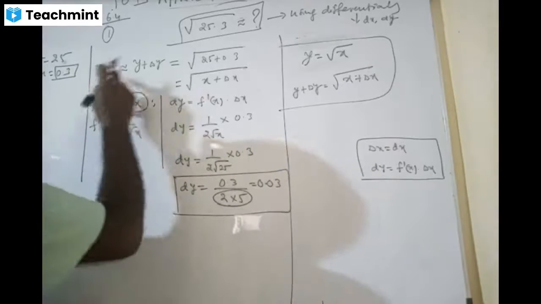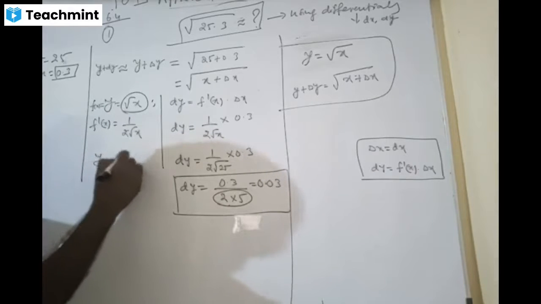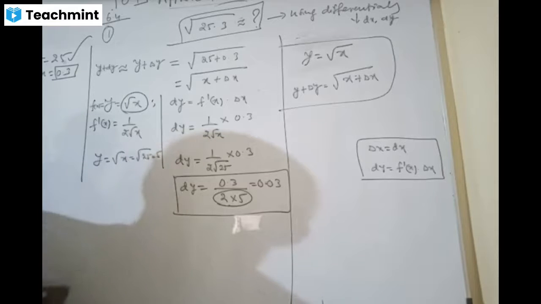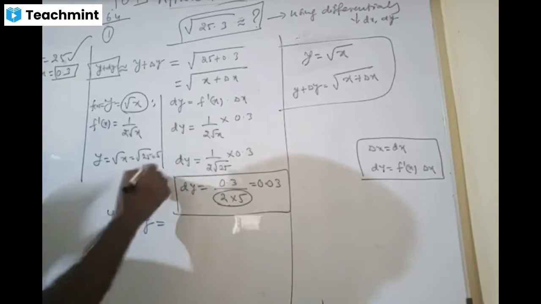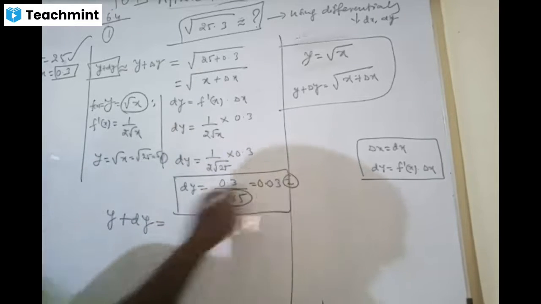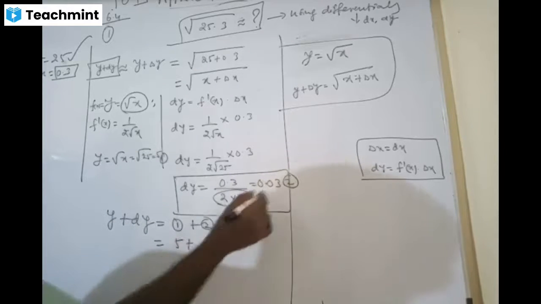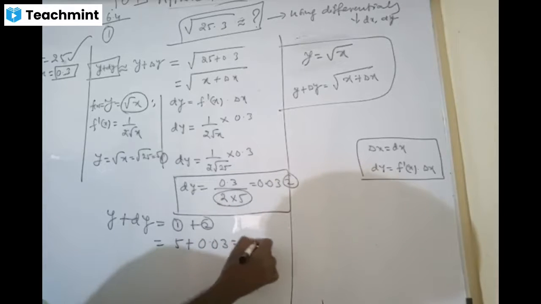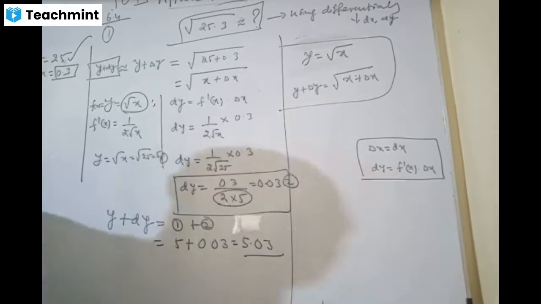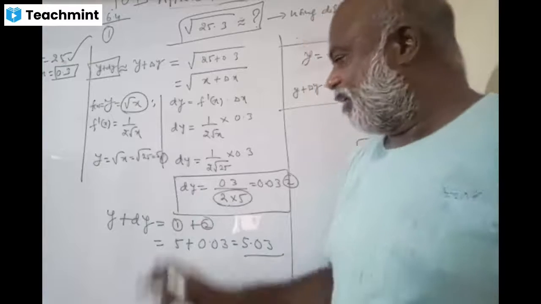Friends, you have to find y plus dy. When y equals root x, and x equals 25, what is the y value? It is 5. So we want to find y plus dy. Y is nothing but 5, and delta y equals 0.03. So y plus dy is 5.03. Now please use the calculator at home and find out